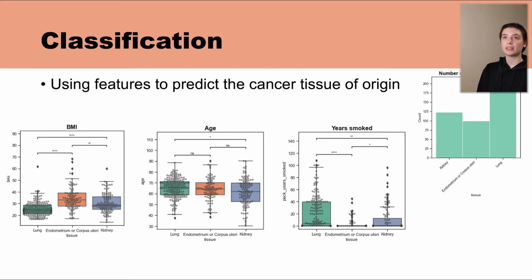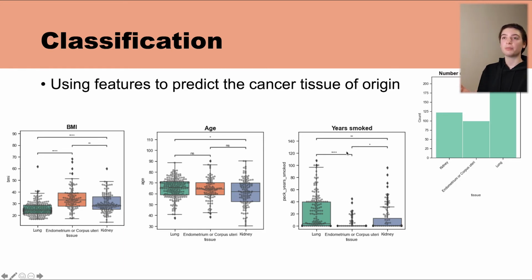So the simplest way that we can validate that hypothesis is by performing a simple t-test and testing whether our features of interest, so our BMI, age, and years smoked, actually differ significantly between the 2 data sets, or 3 data sets, I should say. And we see that BMI does seem to be significant. Age contains relatively little information comparatively, and years smoked seems to contain somewhat information about the differences between the groups, which gives us kind of confidence that